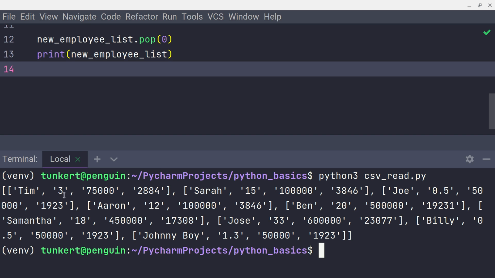You have Tim, who has 3 years of experience, salary is $75K, biweekly paycheck before taxes is $2,884. And then we got Sarah, we've got Ben in here. He's a big roller, making $500K per year apparently, and his biweekly paycheck is $19,231. That must be nice. Anyways,